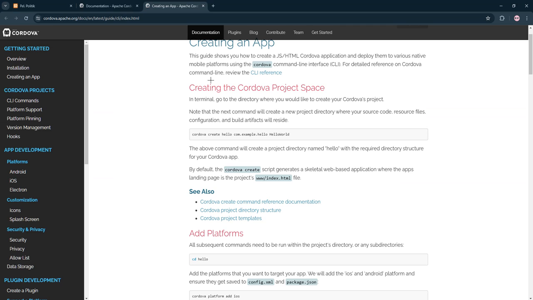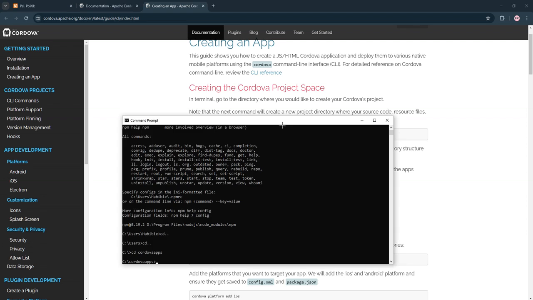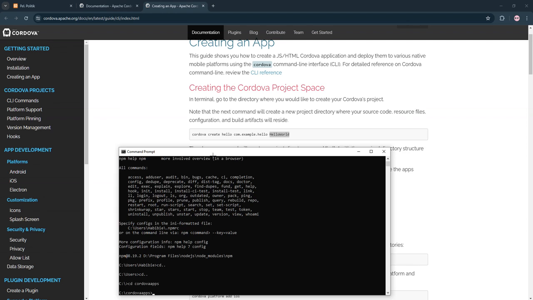Now inside this directory I will start creating the new app. Here is the command. You type cordova, then the command is create. Hello will be the directory or folder name that you will have after you run this command, and everything will be inside this directory. And this is the app ID, and this will be the app title. So let me just try mine.